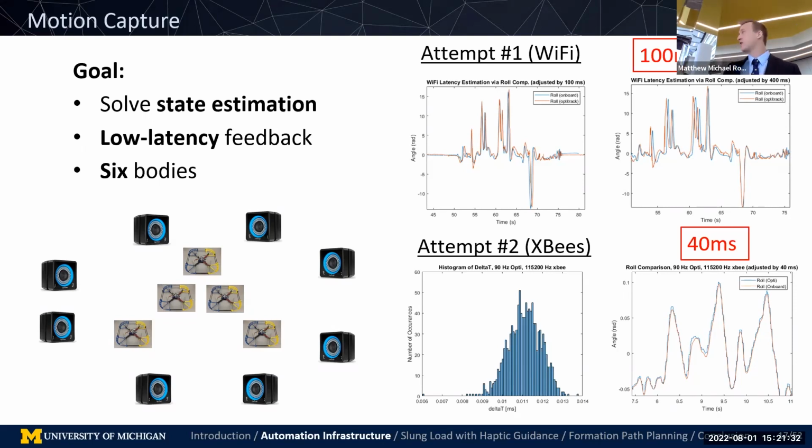Now, how do we actually test this? Well, we took the vehicle, which has an onboard IMU, which can estimate its own roll and pitch, which is fairly accurate, and the motion capture can also estimate its own roll and pitch. So we did a very careful prescribed roll motion, and then we compared the signals from both the roll of the onboard IMU and the roll of the motion capture, and this is the result. So the idea is XBees work very well. Potentially Wi-Fi could work if we mess with settings, who knows, but XBees work, and so we went with that.